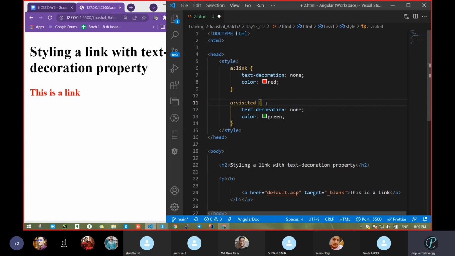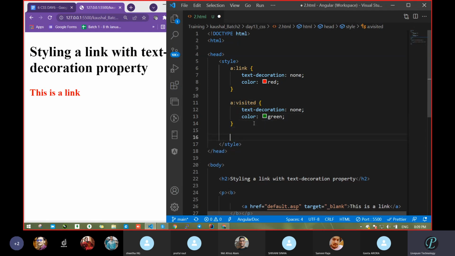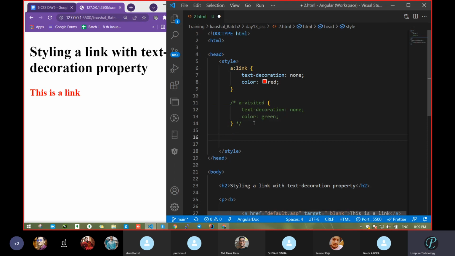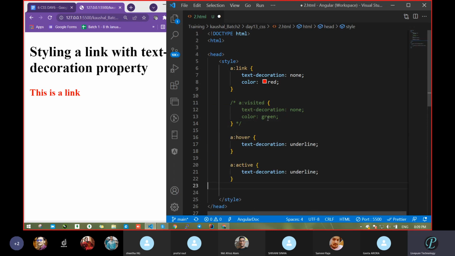So with the help of visited, it will go with text decoration none and color also green. Means there will be no underline and the color will also be green. But I will not look at this property now, because if I visit this property, I will not get any other property. I know that the others will not work. That's why we will see that one last.